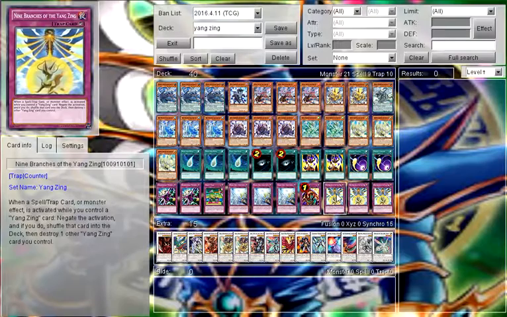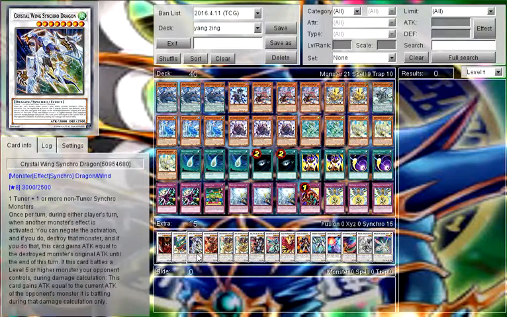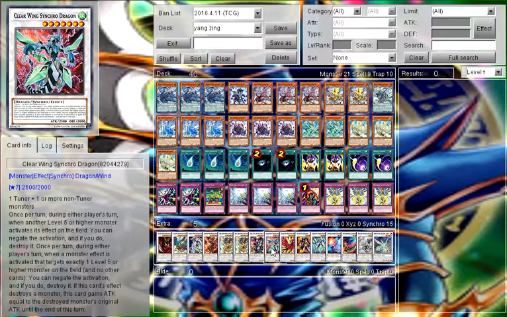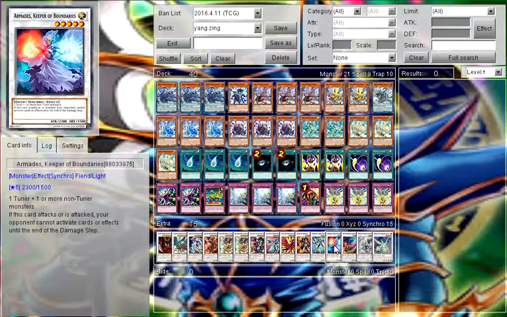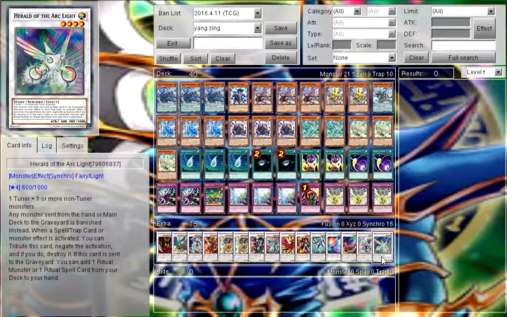9 branches of Shiranui. So yeah, extra deck, I run 1 Hot Red Dragon Archfiend Abyss, 1 Chao Fang, 1 Crystal Wing Single Dragon, 1 Scarlet Red Dragon Archfiend, 2 Boxias, 1 Yazi, 1 Clear Wing, 1 Moonlight Rose, 1 Goyo, 1 Stardust Charge Warrior, 1 Armides, 1 Chan Brider, 1 Denlong Origin of the Zing, and 1 Herald of the Arc Light. So that's the basic run through of the deck, so I'll just explain some of